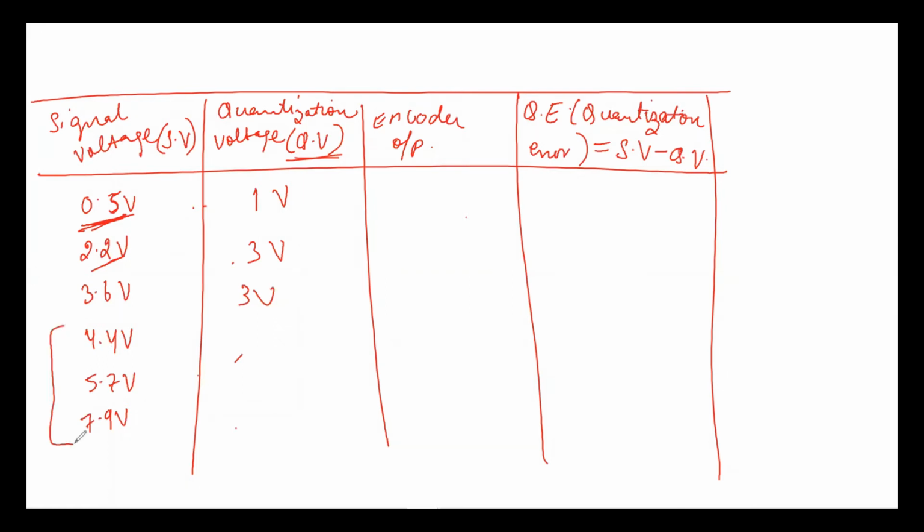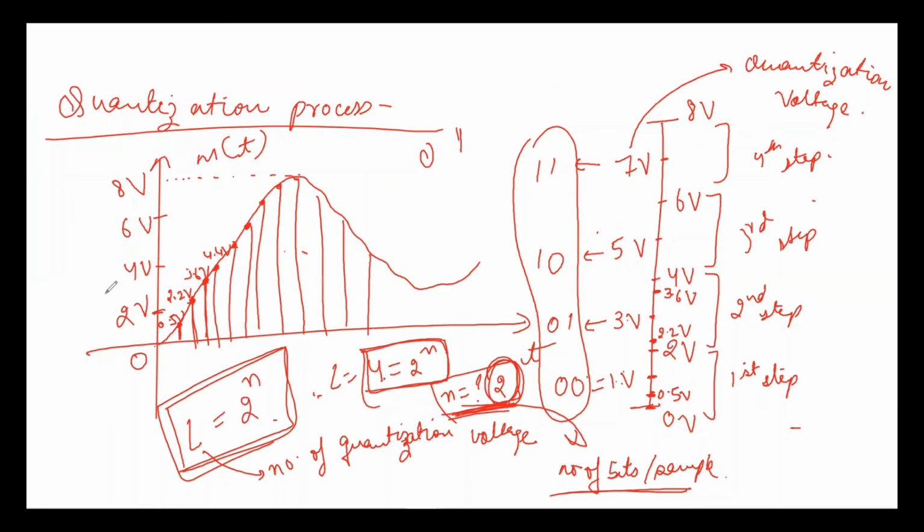Okay, so is there any doubt? Everyone understood how to find the quantization voltage? Any doubt? Okay, so someone is asking why it will not be 4 volt. Okay, because we don't have to round it to the nearest integer. 4 is the nearest to 3.6, that is fine, but we have to round off to the nearest quantization voltage.